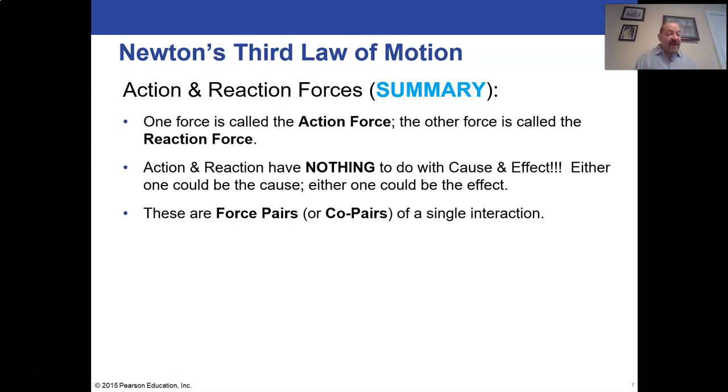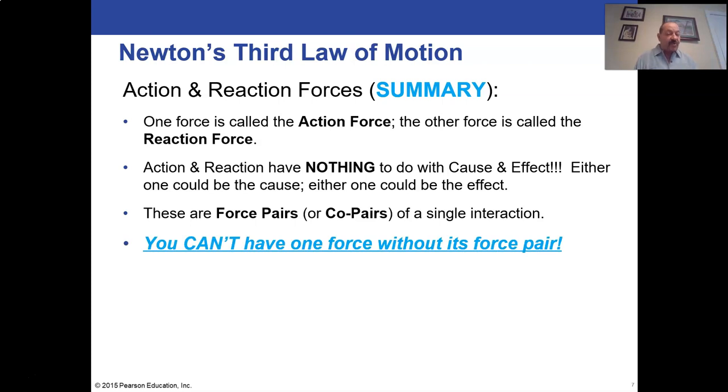They're called force pairs, as I mentioned before, sometimes action-reaction pairs. You can't have one force without its force pair. You can't have one force without the other. They're always in pairs. Sometimes I'll show you a diagram and I won't show you the other pair because it just complicates the diagram, and we're only interested in forces on one object, not the forces that one object puts